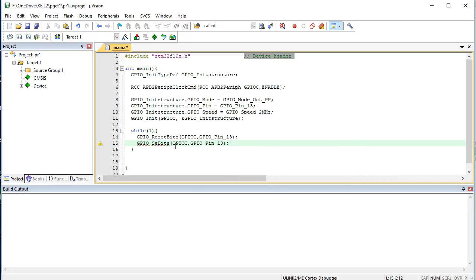Set what? Set bits. So if we do it like this, we won't even see it turn on or off. It will stay in one state, on or off. So we need to put in a delay. Let's make it 1000. As you can see, I don't have the delay